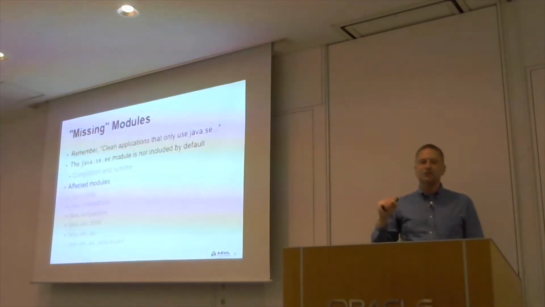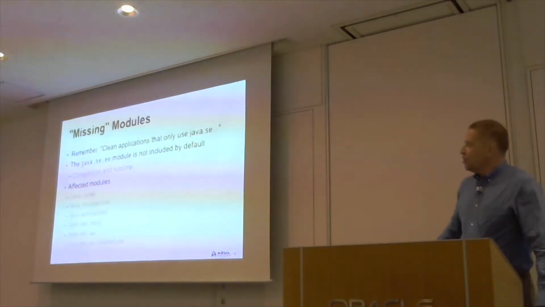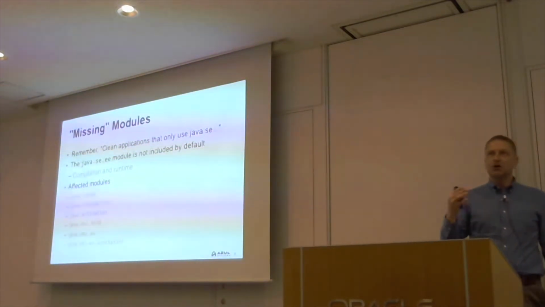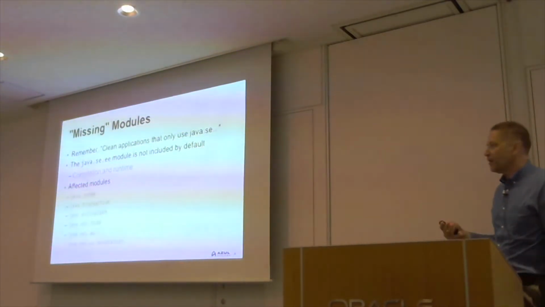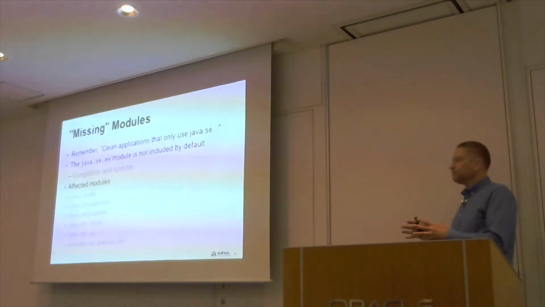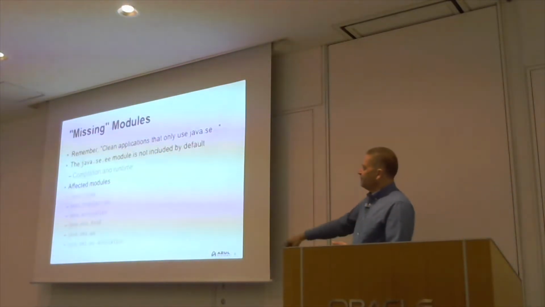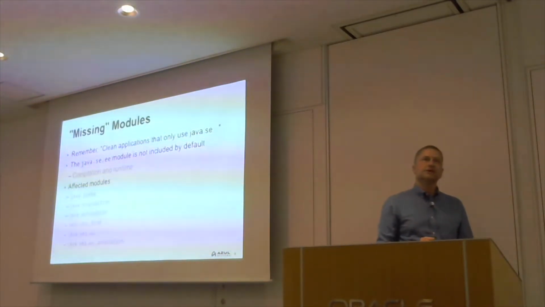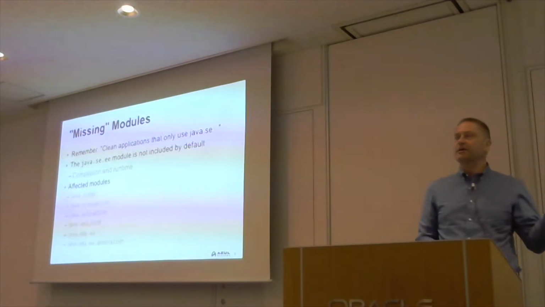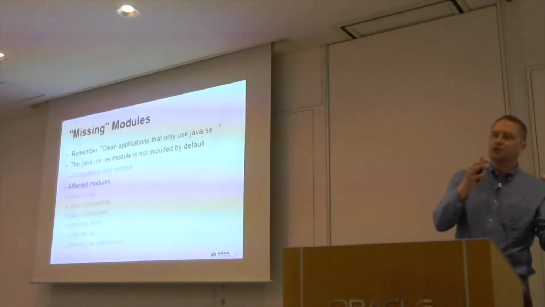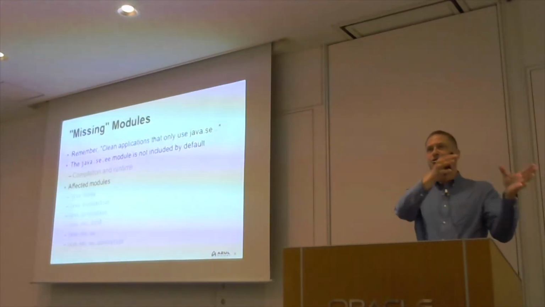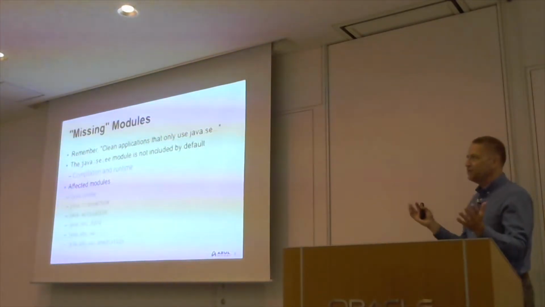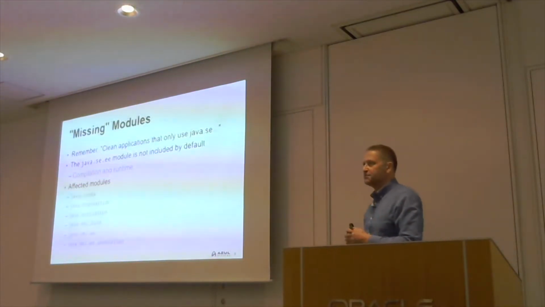Java.transaction, that's also related to Corba, so we don't need to worry about that. Java.activation is part of the Beans framework. So if you've used Java Beans at all, then you may have to look at what code you've written. Then there's java.xml.bind, which is JAX-B, the Java API for XML binding. So you can take an object representation and convert it into XML, and from XML back into an object representation. So if you've used JAX-B, you may need to rewrite some code.